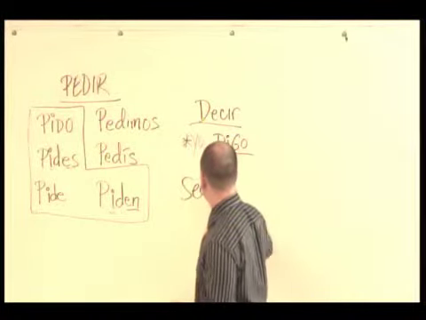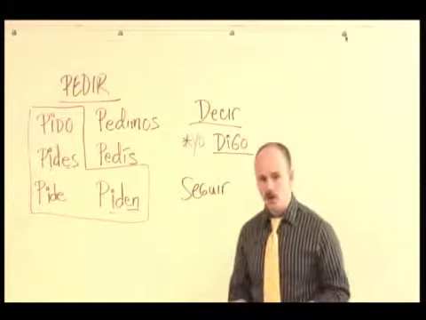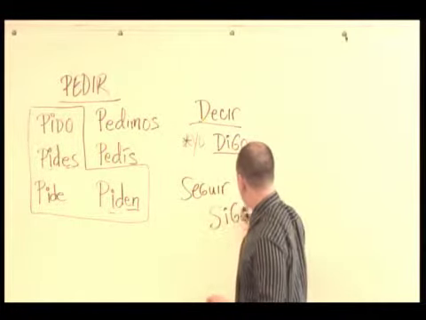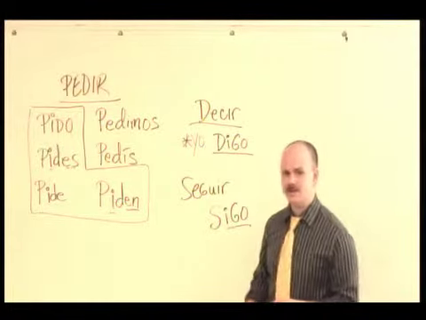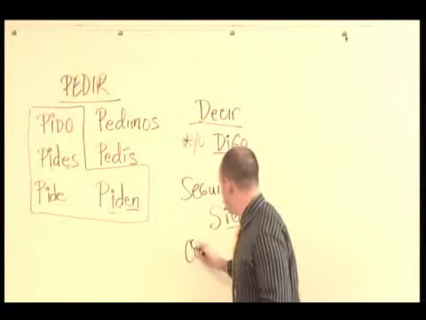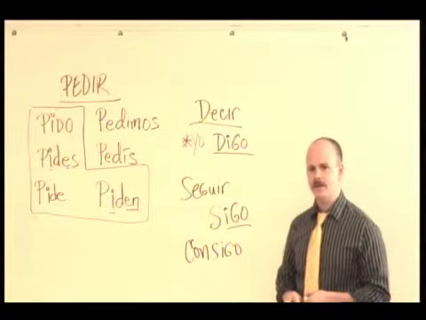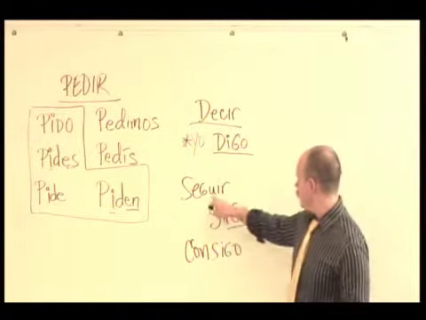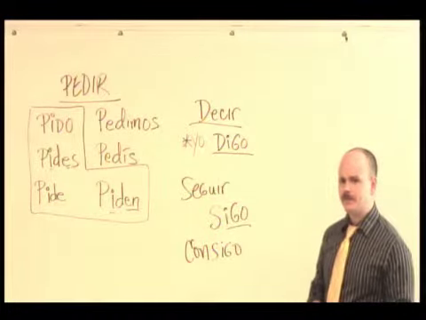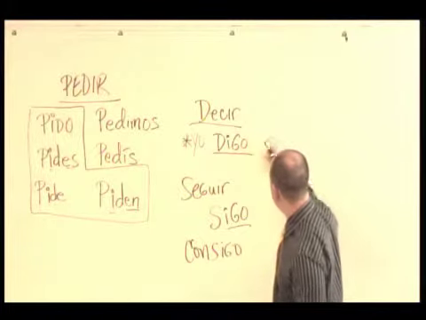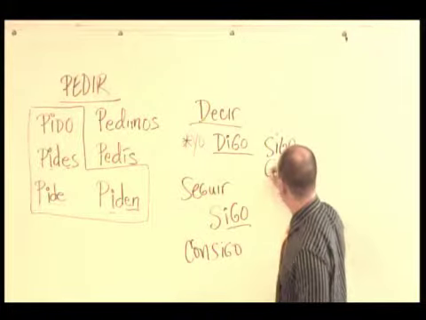Verbs like seguir and then also conseguir will have the same sort of ending in the yo form. Sigo and conseguir will be consigo. So basically that u has been lost in the yo forms. The other forms will be just as you'd expect them to be. So seguir will be sigo,